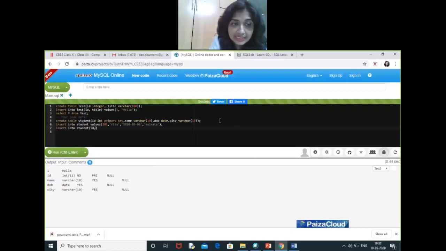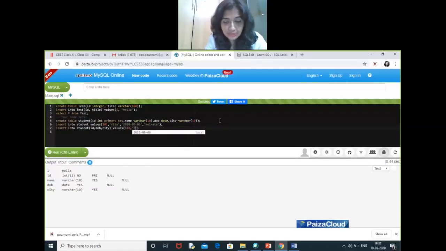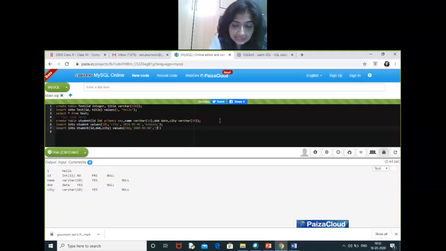Like I am giving ID, name I don't have, so I'll not write name. So it is ID, DOB and city. And then values, we'll be providing the value 102. Name we do not have, the date of birth we are providing, say it's like this, and the city is say Delhi. So we have not provided a value for name. We have created two rows in two different methods.